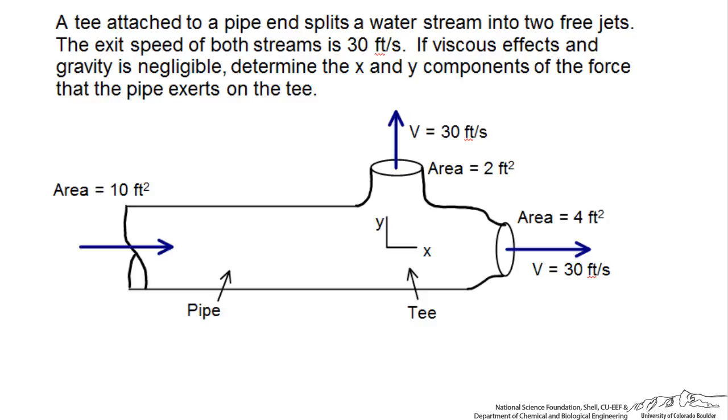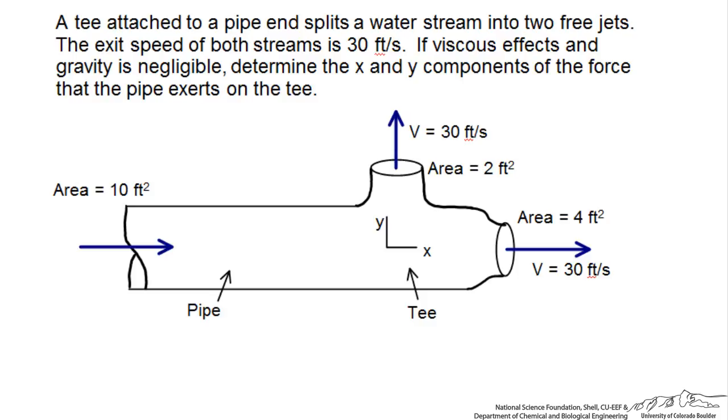In this screencast, we're going to perform an integral momentum balance on a specific system shown here, where we have a T attached to a pipe that splits an incoming water stream into two free jets. The exit speed of both streams is 30 feet per second. We're going to neglect any viscous effects within the pipe and the T, and also neglect gravity. And what we're interested in determining is the X and Y components of the force that the pipe exerts on